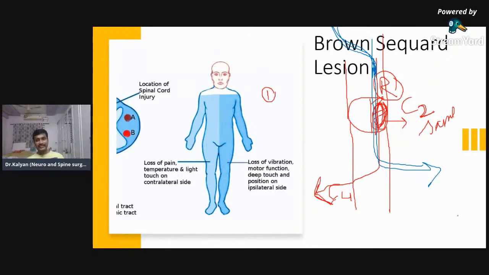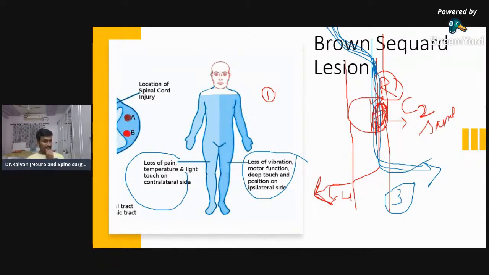So the dorsal column symptoms will be on the same side. So loss of vibration will be on the ipsilateral side. Loss of pain and temperature will be on the opposite side. And the third question is weakness. Weakness will be on the same side or opposite side? Pyramidal tracts are also similar to the dorsal column. They decussate in the medulla. So weakness will be on the same side or opposite side? Same side. So what you have to remember is, at the C2 segment, weakness, pain and temperature, dorsal column, everything